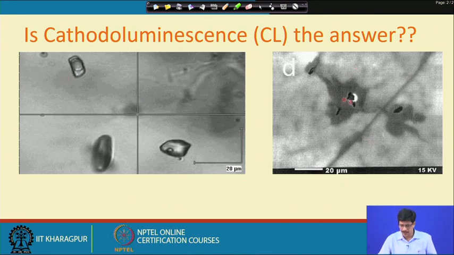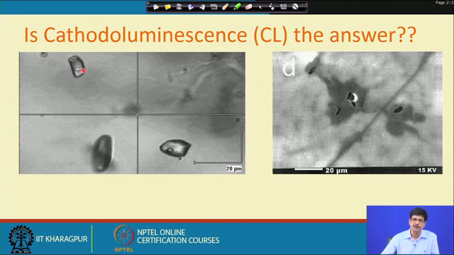And this diagram, which has been taken from the literature of Vanden Kerkhof and Hein, very clearly shows that this is a host mineral of quartz, and there is an inclusion over here, and this is a recrystallized domain of the inclusion which is present. So, this kind of situation is very possible.